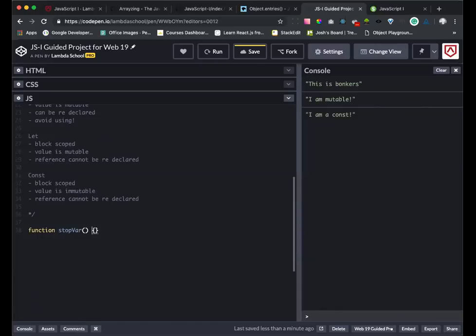I want you to notice something. We've got ourselves a block of code here, but this time we've got a guard in front of it, and its name is function stop var. So if we come in here, let's declare a new var. We'll say var escape, assign the value of I want out. If we were to console log this,